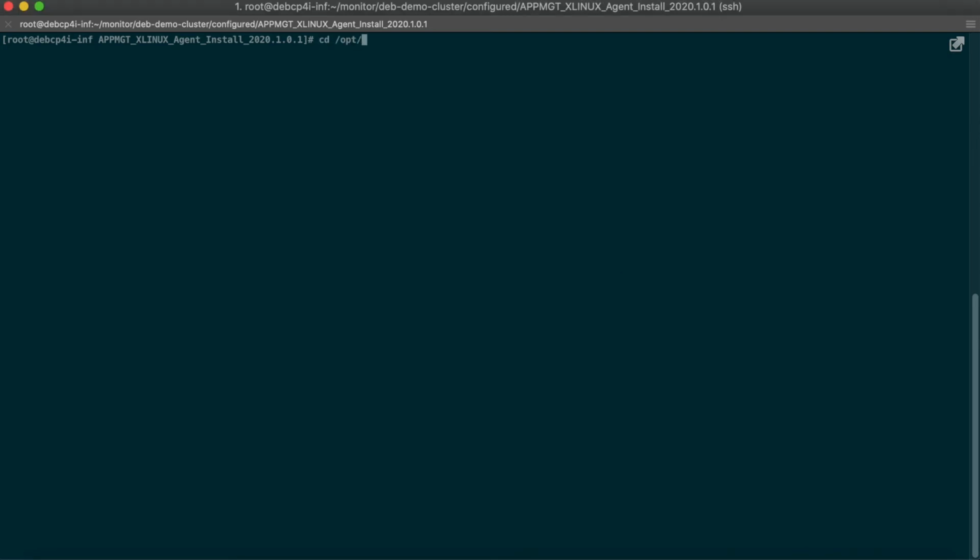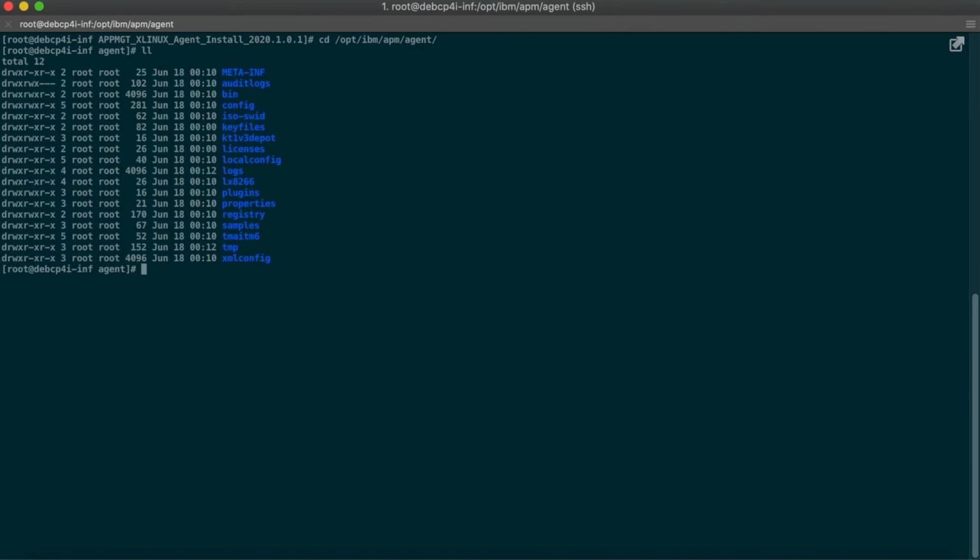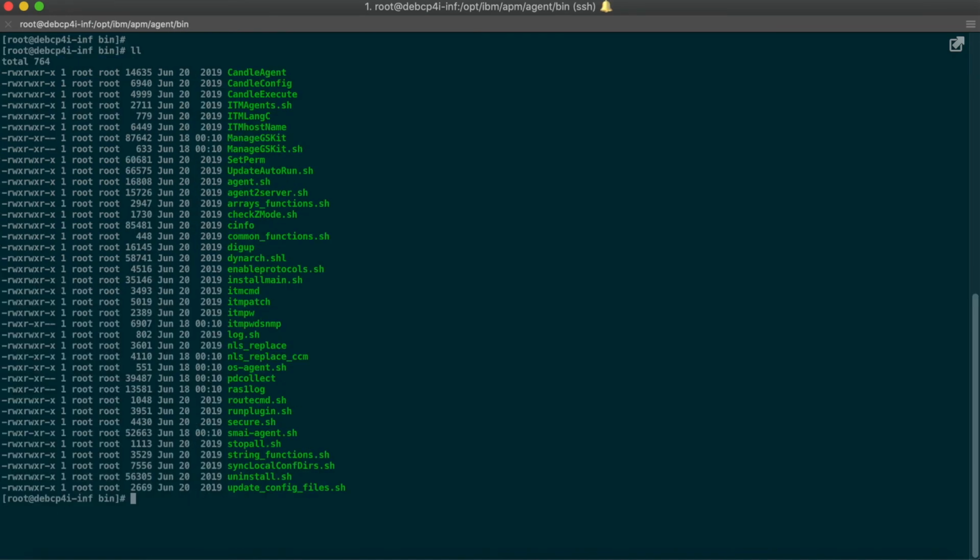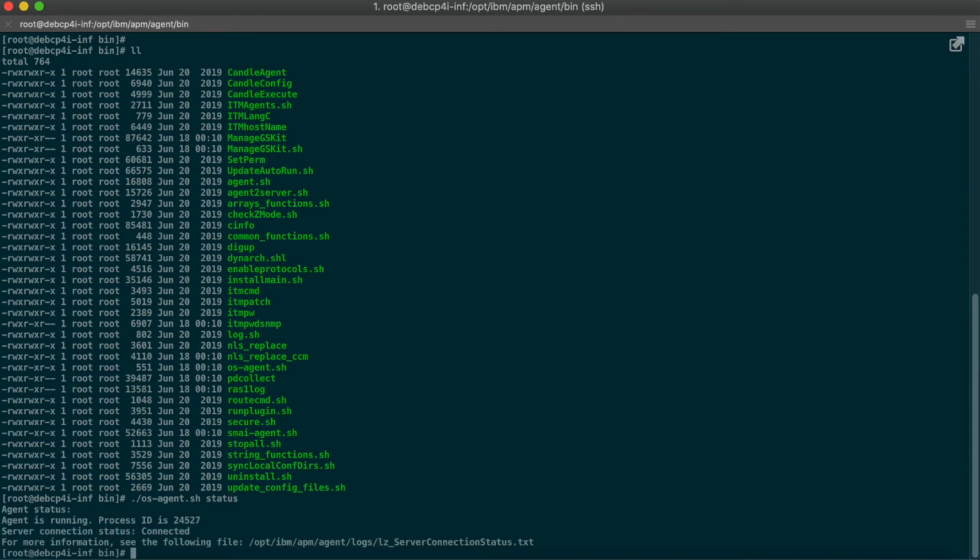The default is /opt/ibm/apm/agent. Navigate to the bin folder inside it. Run the os-agent.sh command with status as the keyword to check the status of the agent. It should indicate that the agent is running and the server connection status is connected.